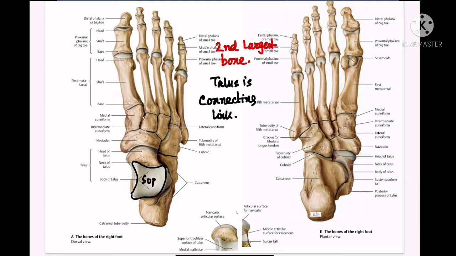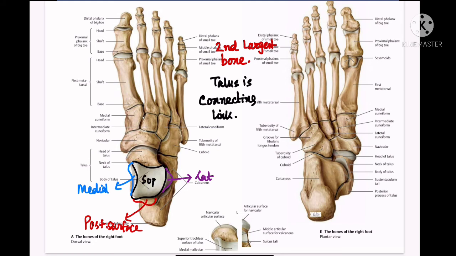When we turn over the talus, we will see the inferior surface. Medial and lateral surface: what will be the medial and what will be the lateral surface? This is the lateral surface. And from this view, this is the medial surface. And last but not the least, the posterior surface will be this one from the dorsal view.